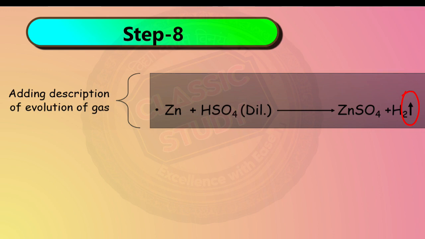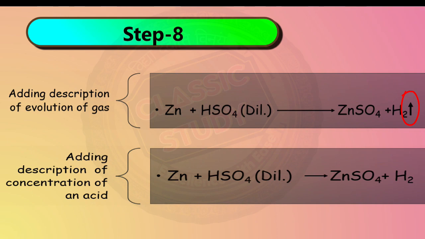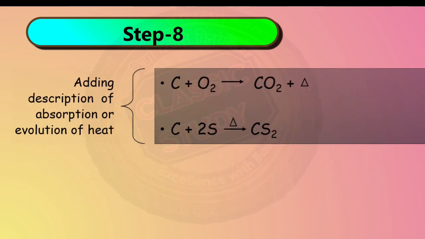the reaction. Next, we can add the description of concentration of acid. We have mentioned H2SO4 in dil, dilute form. We can also put H2SO4 in concentrated form if it is in such a state during the reaction. Next, we can add the description of absorption or evolution of heat. When there is a release of heat, we put a triangle sign, delta, after the reaction with the products, which